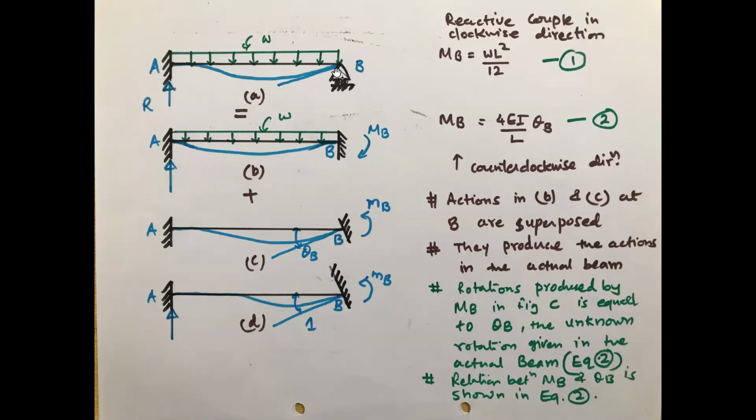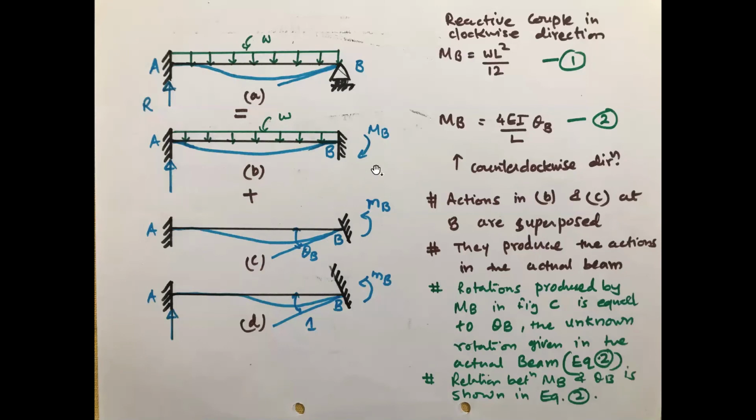Now, as I mentioned to you, if you look at the original beam, there is a rotation, there is no fixed moment here. So we have to apply an equal and opposite of this moment in such a way that it produces a rotation. In another language, we can say to generate the stiffness, as I just discussed, we have to apply the unit rotation. We have to apply unit rotation here. That is our theta B. Actually, theta B times whatever the moment, we will see this.